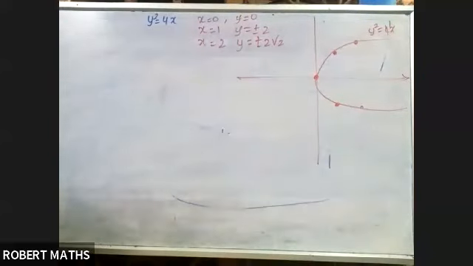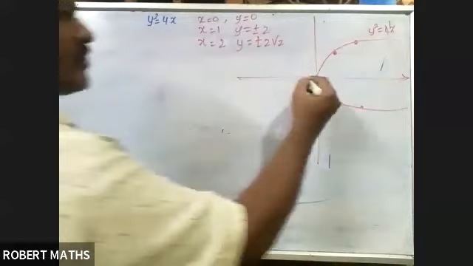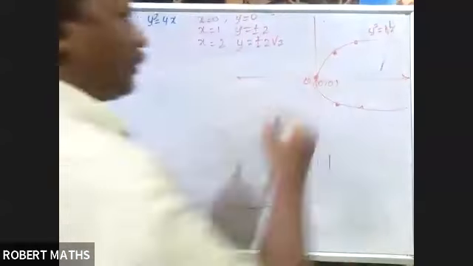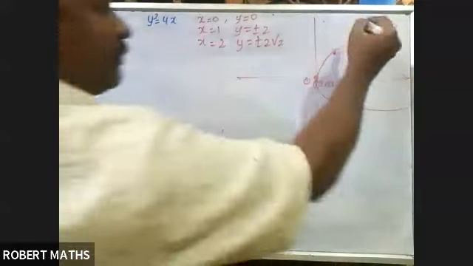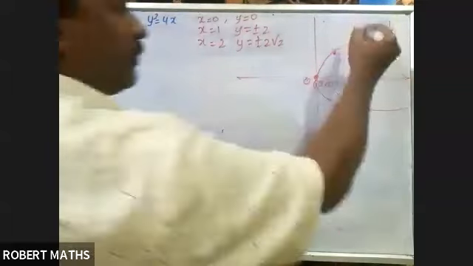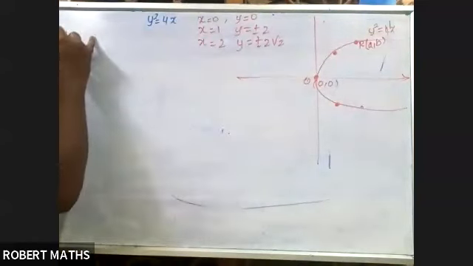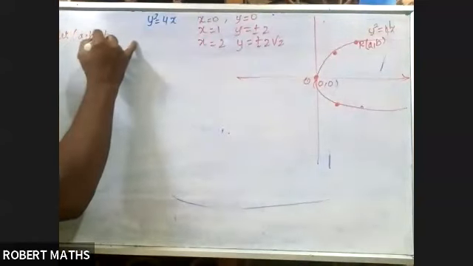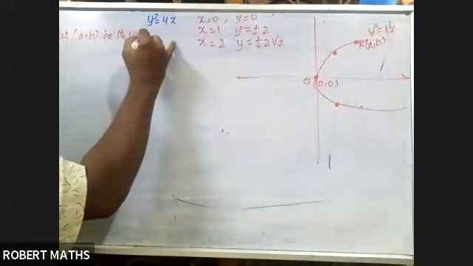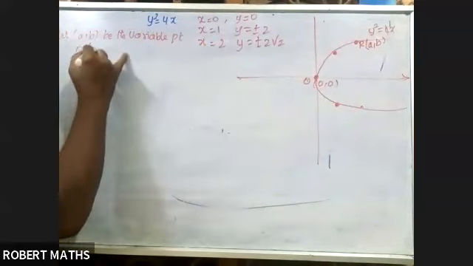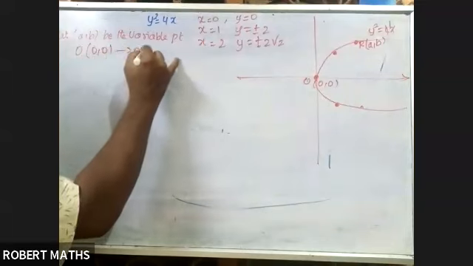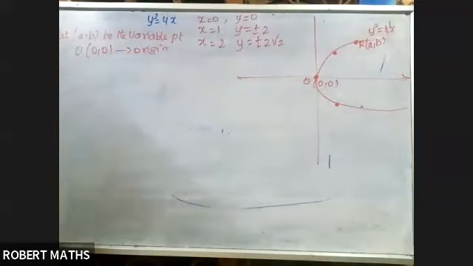Now what have we said here? According to the question, O is the origin. This is called 0, 0. And one more point, a variable point, is given. R is the variable point on this curve. I take this variable point here. You don't know what it is, so write whatever I take. Let a, b be the variable point, and O be the origin, that is 0, 0. So all the information is given here.